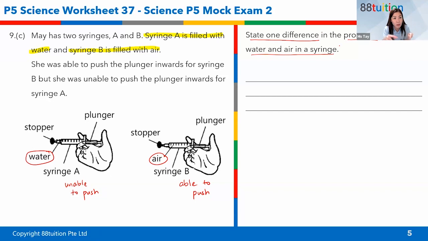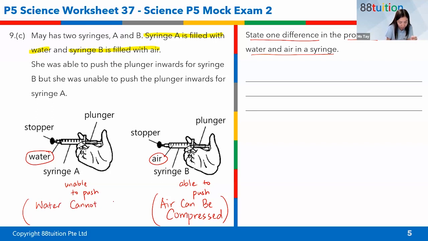So this is the information that you have gotten. Okay, you know that one, you can push the plunger in, the other one you cannot. So already it shows you something that you already learned. All right, so you can see that air can be compressed, right? And then since over this side, you're unable to push the plunger, you say that water